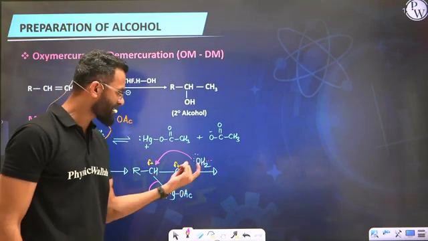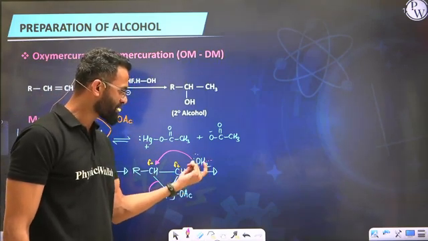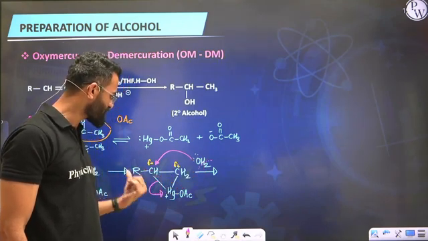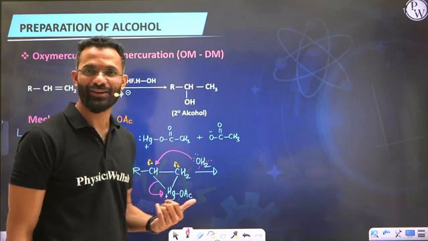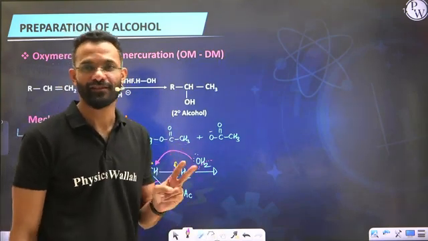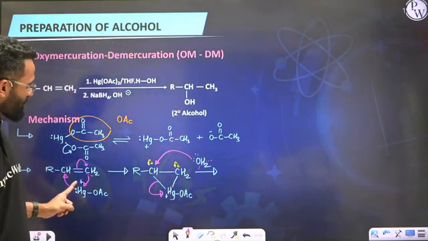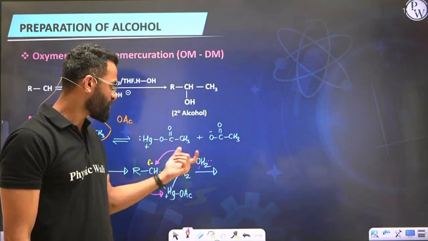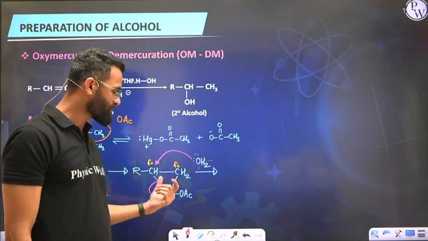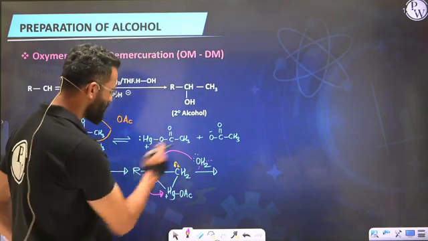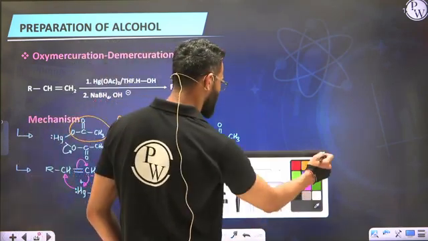So guys, can I say the net result? When deprotonation takes place, effectively who is attacking? OH. OH is attacking the carbon which is more substituted. Isn't it Markovnikov? Yes, it is Markovnikov. So the second important feature: the first one was no carbocation formation, so no rearrangement possible. And the attack of water on the cyclic bridged mercurinium ion follows Markovnikov addition. So water attacked here, and we've got